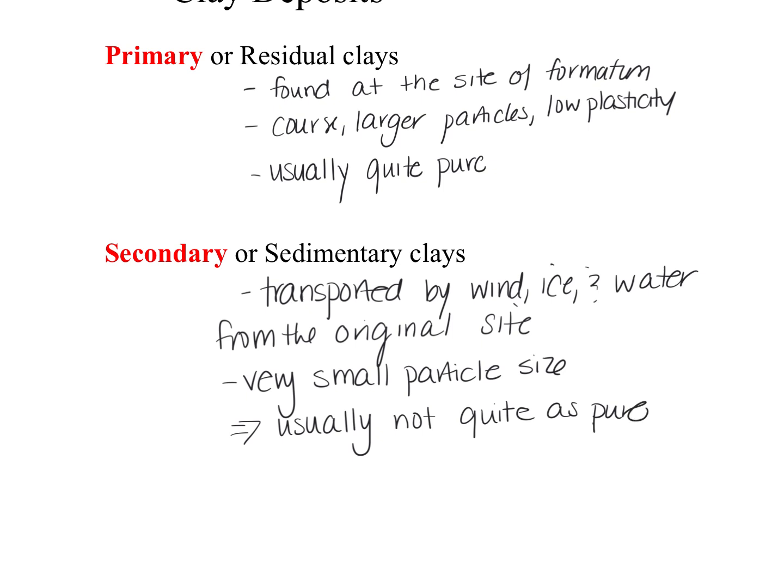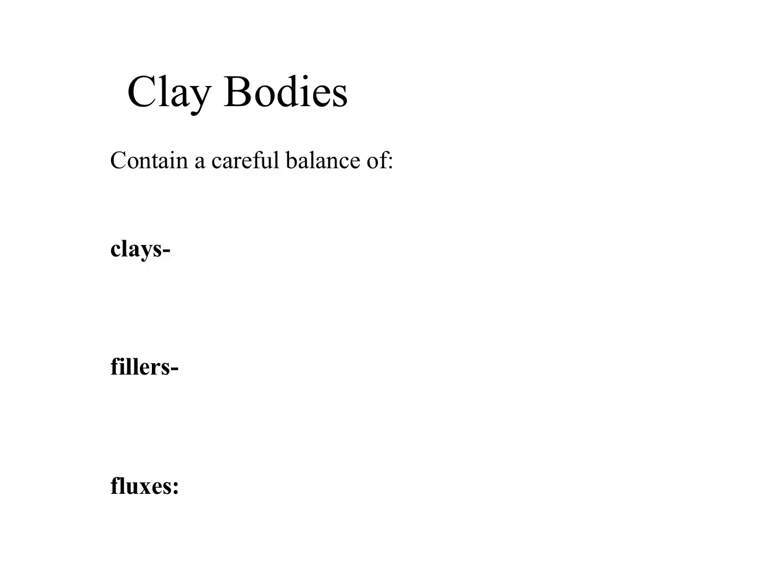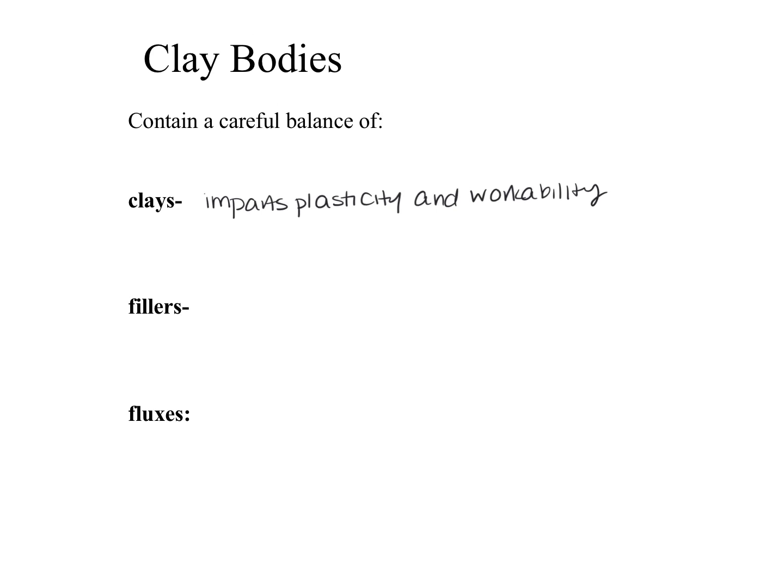Now, when we start to talk about clay bodies, they contain a really careful balance of clays. And so that's that primary and secondary clay, and that imparts plasticity and workability. So remember, clay bodies, that's what we're using to make these ceramics. And so you mix in your clays, either the primary or the secondary clay or some sort of mixture of both. Then you're going to add fillers. And these fillers aid in shape retention